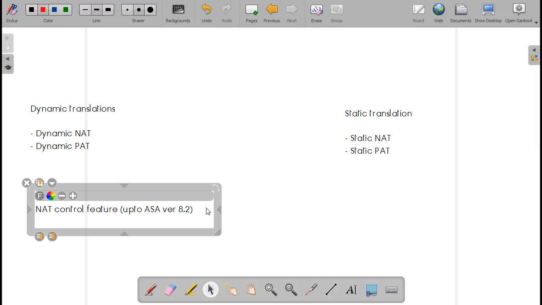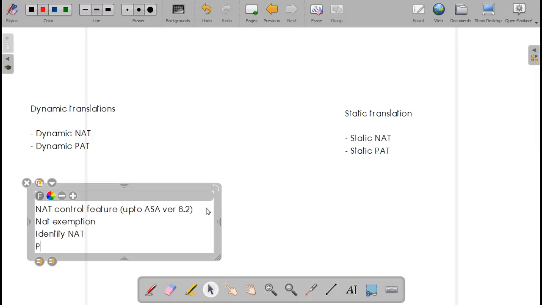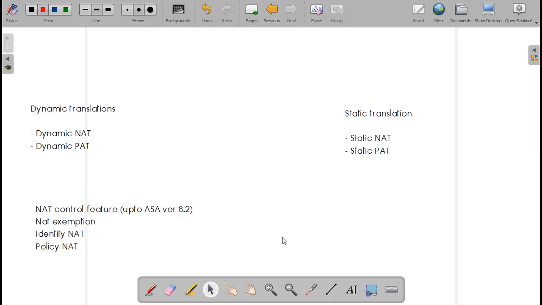Then your NAT exemption, your identity NAT, and your NAT translation are present, but this NAT control feature is not present after 8.2. After 8.2, translations are still there. Firewall is a dedicated device for translations.